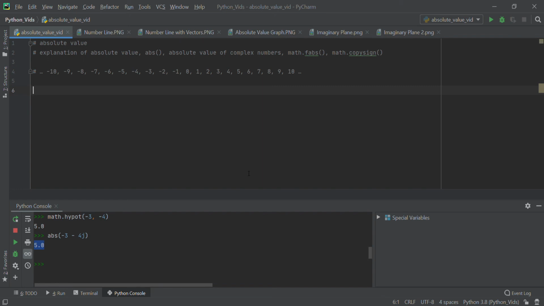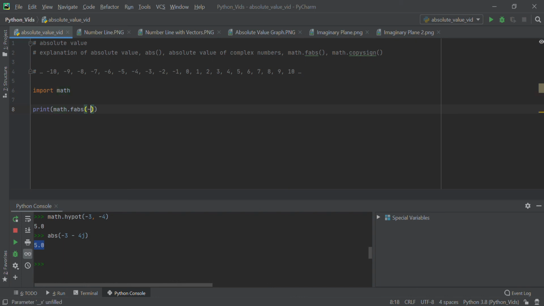If you want to take the absolute value of a complex number, just use the abs that we've been seeing. So in any event, let's see what actually does happen when we take the absolute value using this math.fabs function. And in this case, let's import math